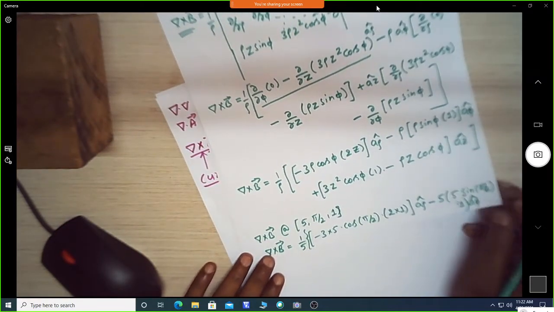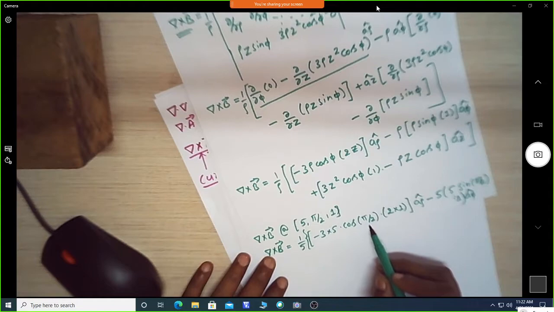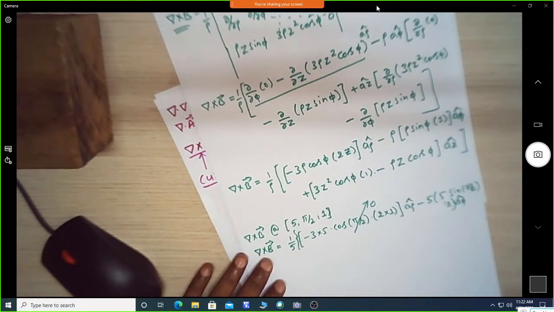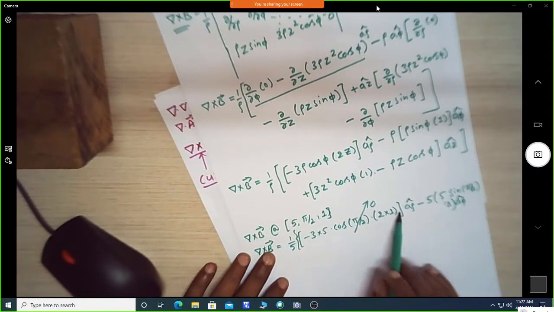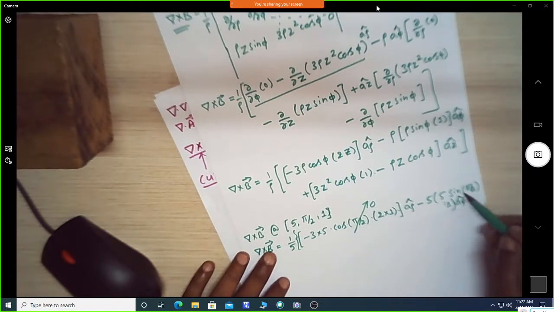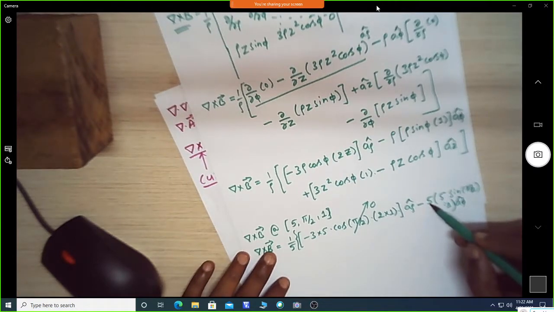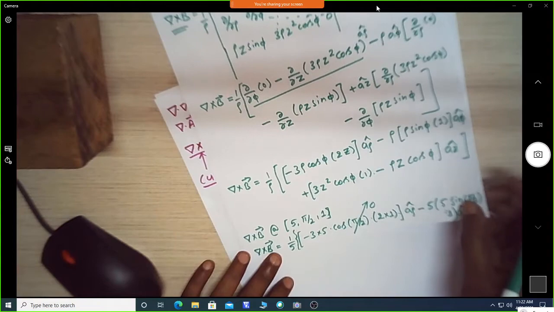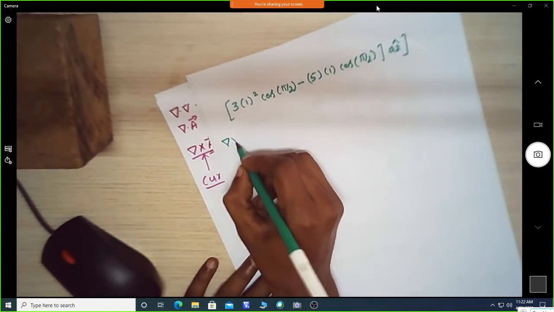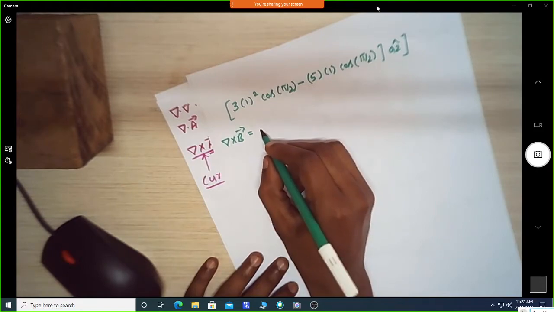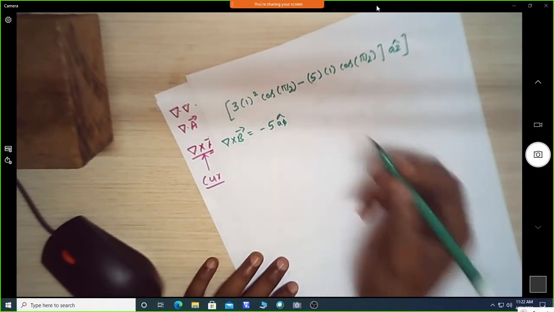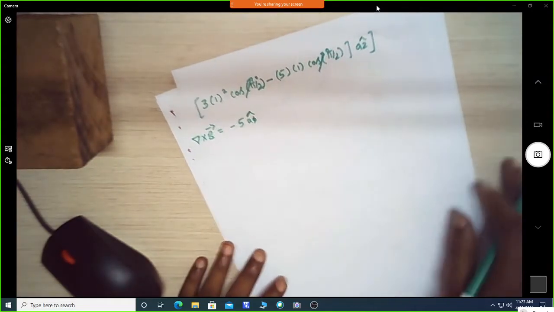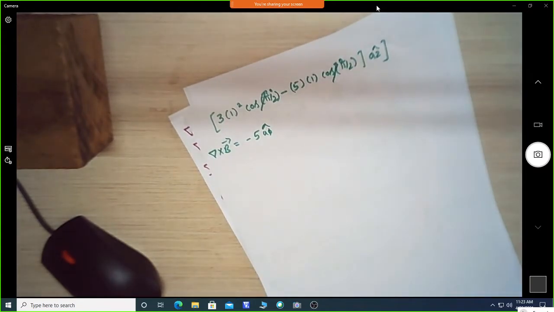Now you can see here, cos pi by 2 is 0. So what will the arrow component become? 0, is it not? So this whole component will become 0. Now here sin pi by 2 will be 1. So minus 5 into 5, it is minus 25 a pi, and this 5 gets cancelled, 1 5. So the resultant del cross B is equal to minus 5 a pi. And here again cos pi is 0, here also cos pi by 2 is 0. So this az component also goes to 0.